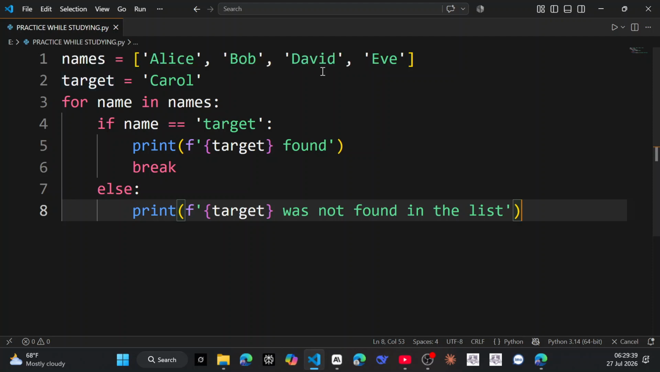We have names Alice, Bob, David, and Eve, and we want to look for whether color exists. So we have a loop that says for name in names, if the name is equal to target, then inside it we print and then break the whole loop. But what if this is not true? The else part will run and says we searched the whole of the list and we did not find anything like color. So that is it, and this thing is always skipped when they are teaching, but it is also giving